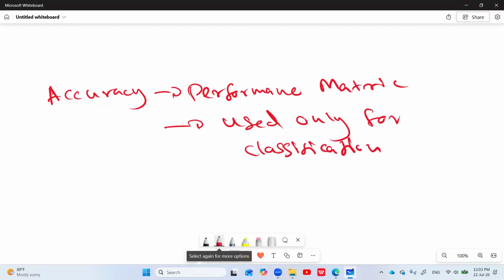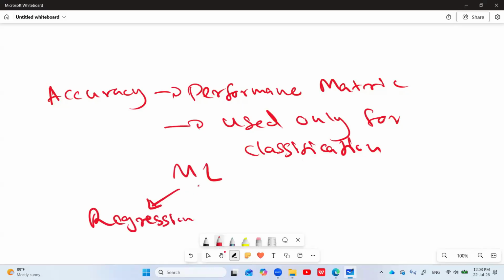You will understand that machine learning is basically divided into two parts. Okay, you will learn this. These things are regression. Okay,